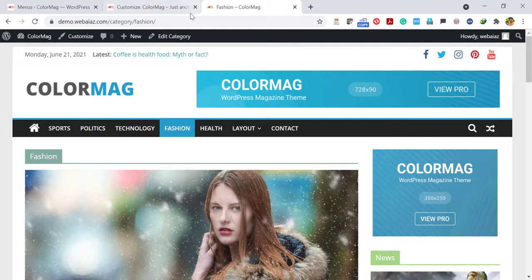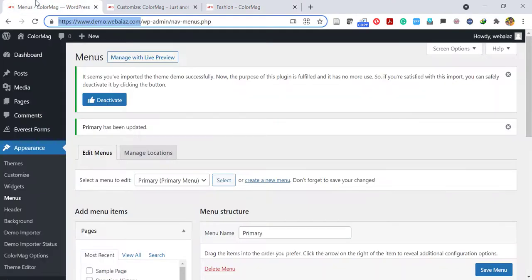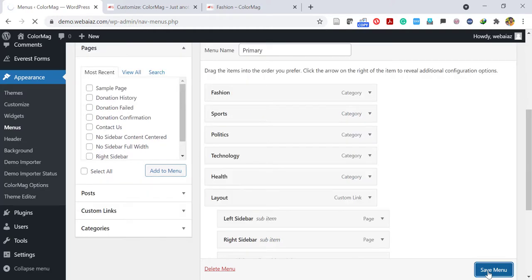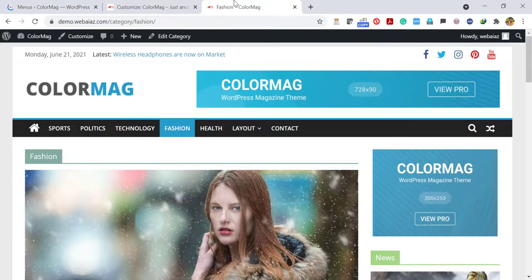Similarly, if you want to remove that layout items and other things, you can do the same procedure to others. And if you want to interchange the menu order, you can just drag and drop there. So I have moved the fashion to the number 1 position, so it already changed there.